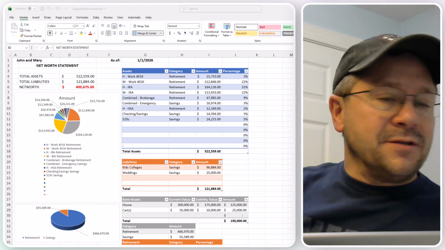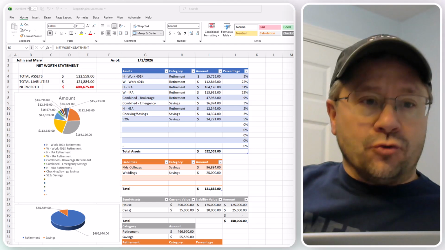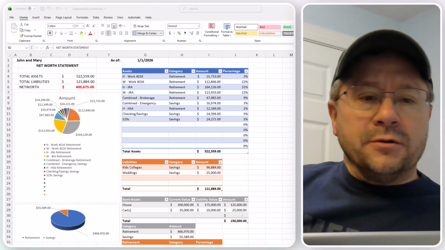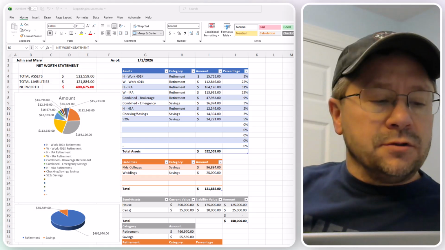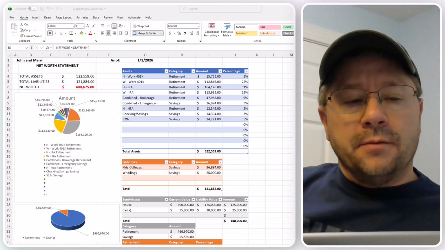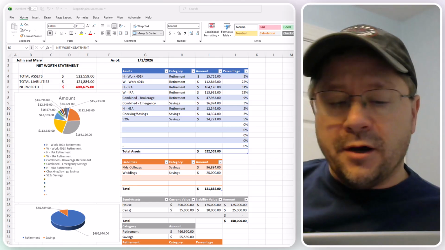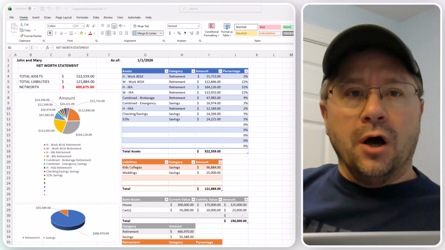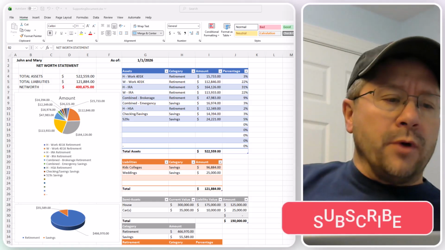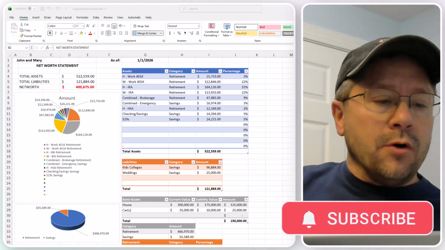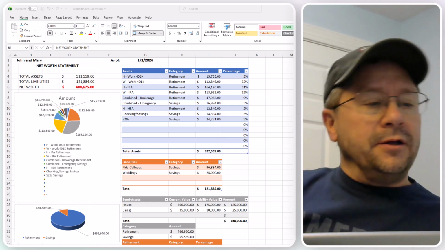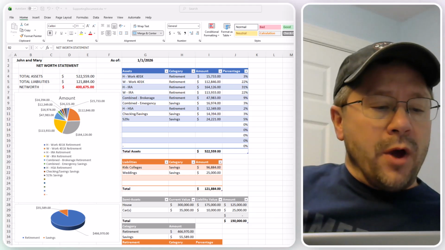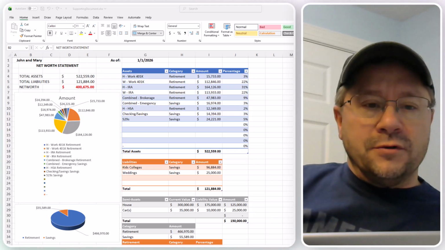Welcome to 2026, and I am going to try for the first time to do a net worth statement. One thing that I've always done, at least for the last 6, 7 years, is record down the money I have in my different investment accounts, as well as with my savings and everything like that. And I do a running total of, in a lot of ways, my assets and my net worth. But this is the first time I'm trying to put it down in a visual way that is a little bit clearer and easier to understand, as well as to try to break out the different segments.